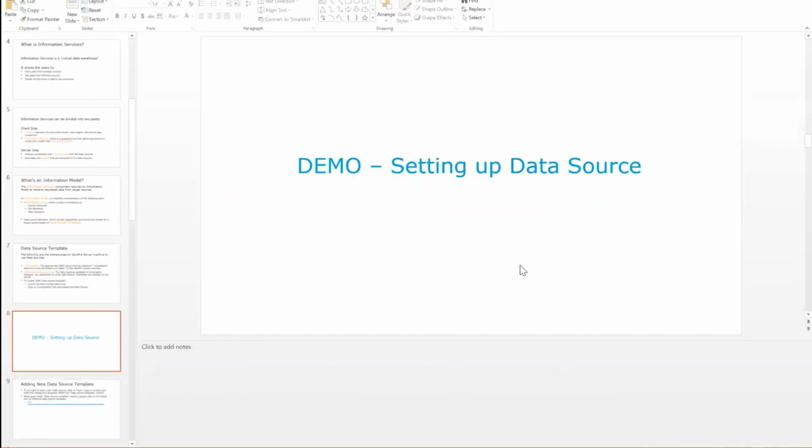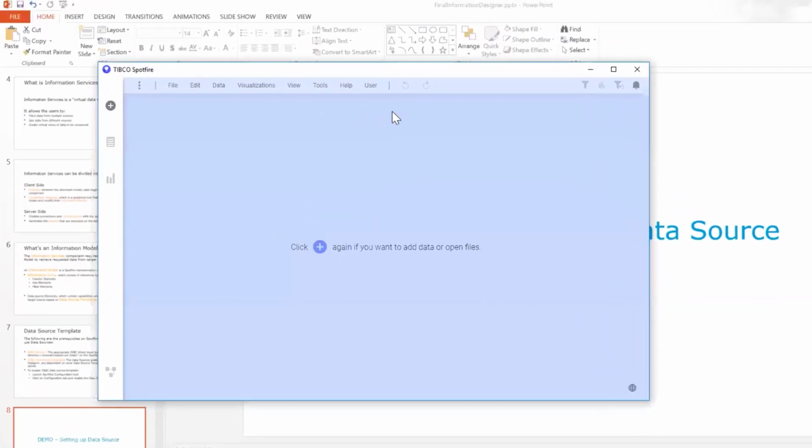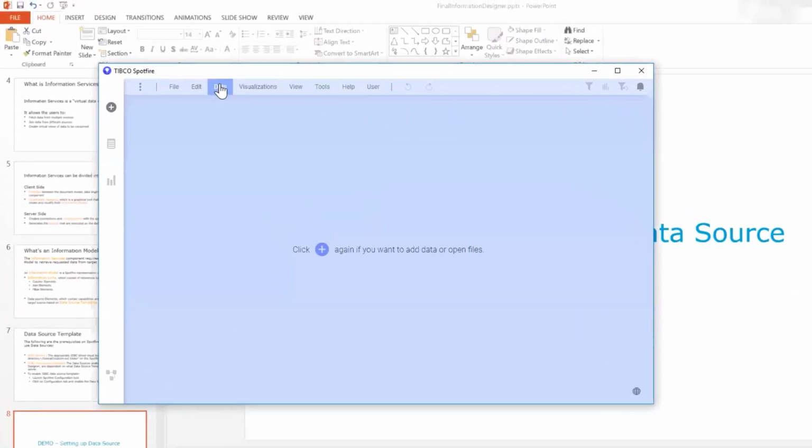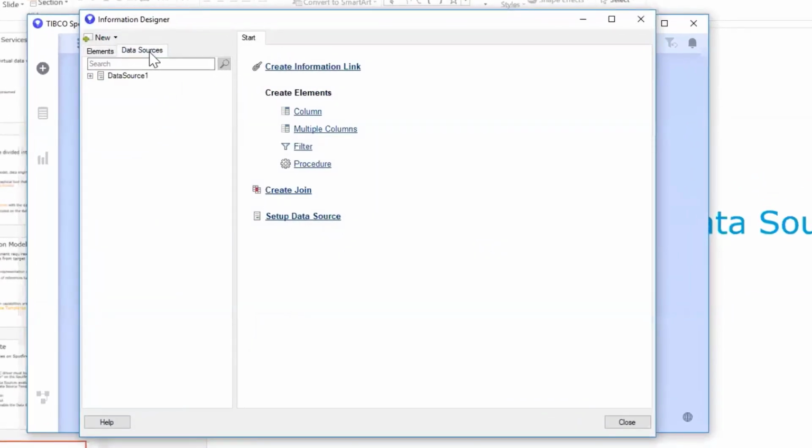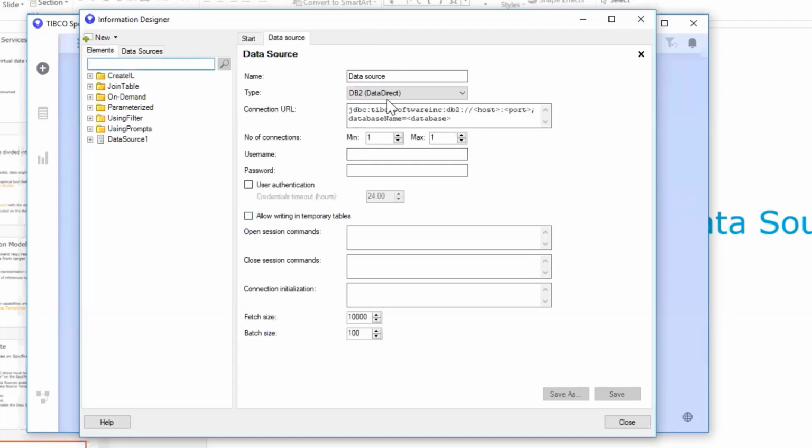So let's get started with the demo as to how we can enable the data source. But before that, let me show you how the information designer looks. So this is my Spotfire analyst. Now, if I go to data, information designer, under data sources, I've already set up one data source. I would not edit it because there are some IP addresses that I would want to refrain from showing. So if I set up a data source, you will not see all the available data sources. So for this, what you need to do is